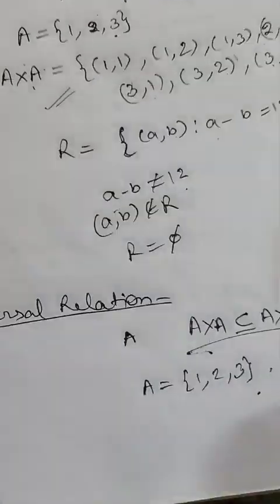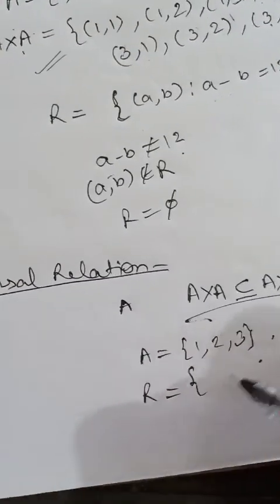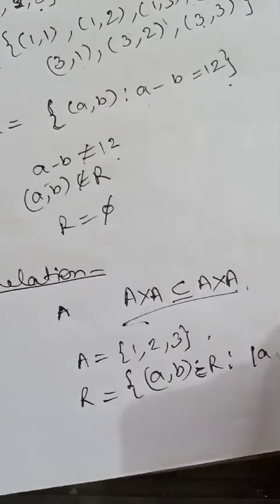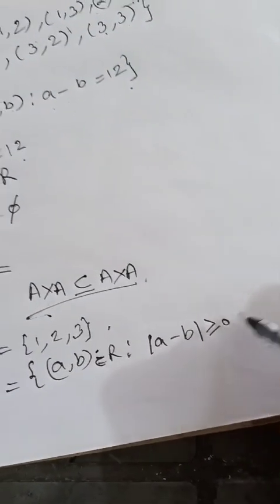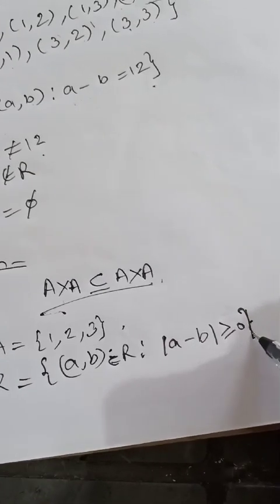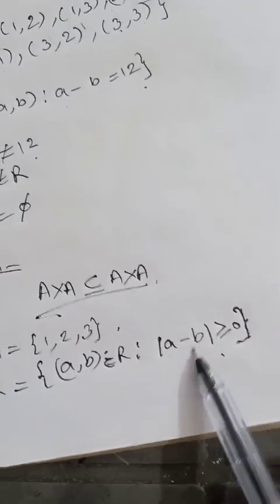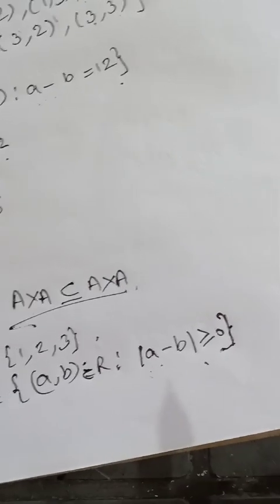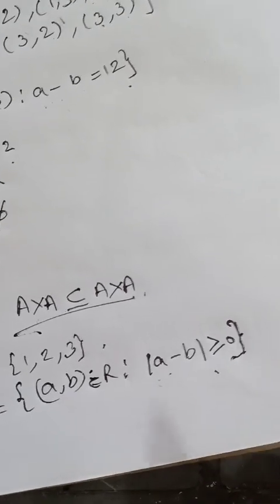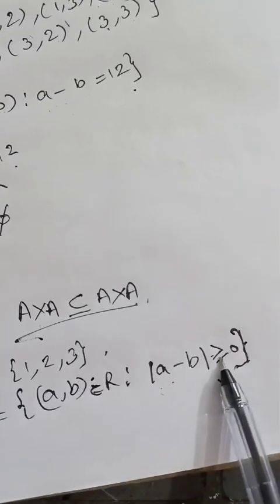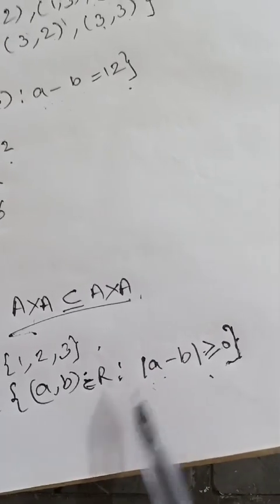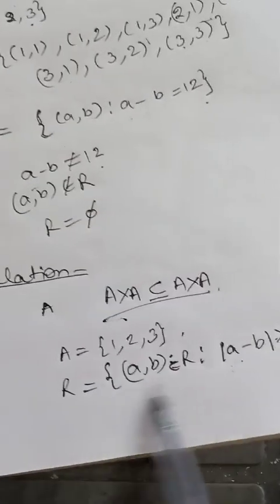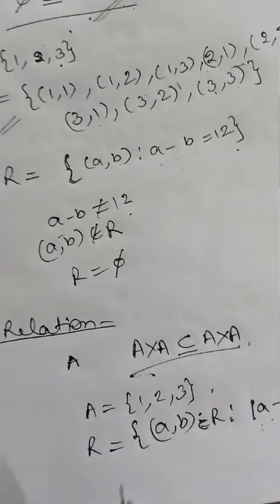For that A cross A, take a relation R equals (a,b) belongs to R such that mod of a minus b is greater than or equal to 0. हमने मॉड का यूज़ कर लिया है यहाँ पे, क्योंकि मॉड हमें एब्सोल्यूट वैल्यू देता है. वैल्यू चाहे प्लस में हो या माइनस में हो, वो आपकी पॉजिटिव वैल्यू ही देता है, ठीक है। And you know very well positive value is always greater than 0. तो यहाँ पे दो कंडीशन पॉसिबल हो सकती हैं कि a minus b जो वैल्यू है वो या तो 0 से ग्रेटर होगी या फिर 0 के इक्वल होगी, ठीक है। If this relation is verified, then we can say that the relation is a universal relation.